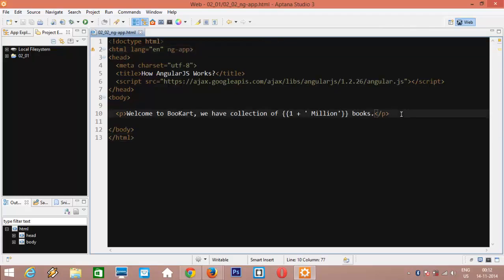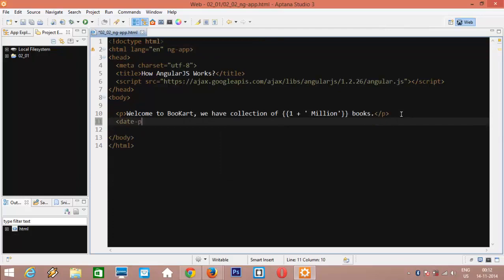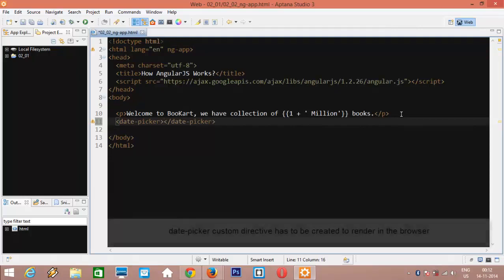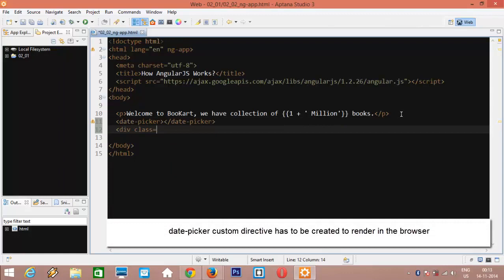So I can write something like this and it will render the datePicker component in the DOM. Or you can write a div with a class of datePicker